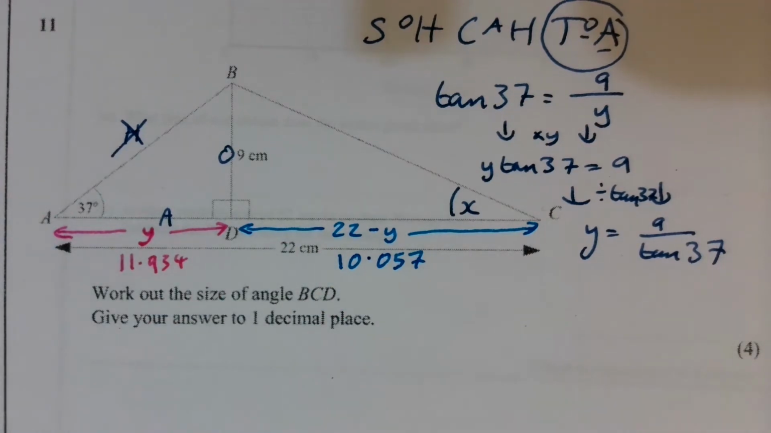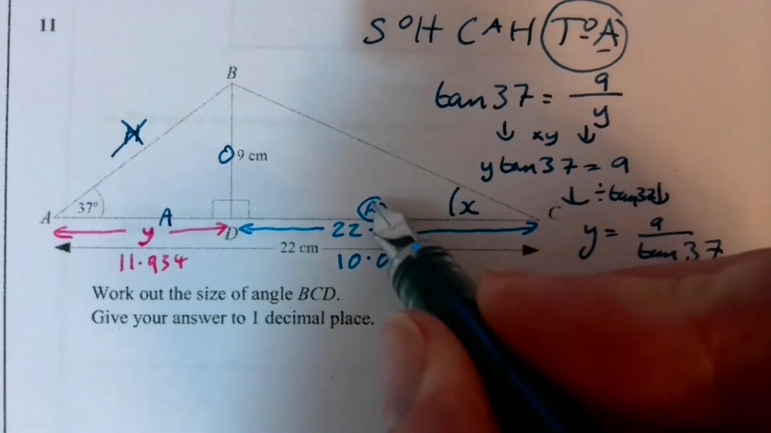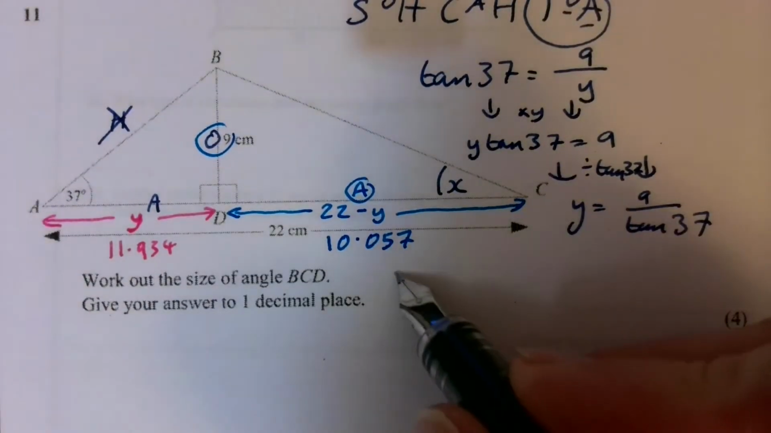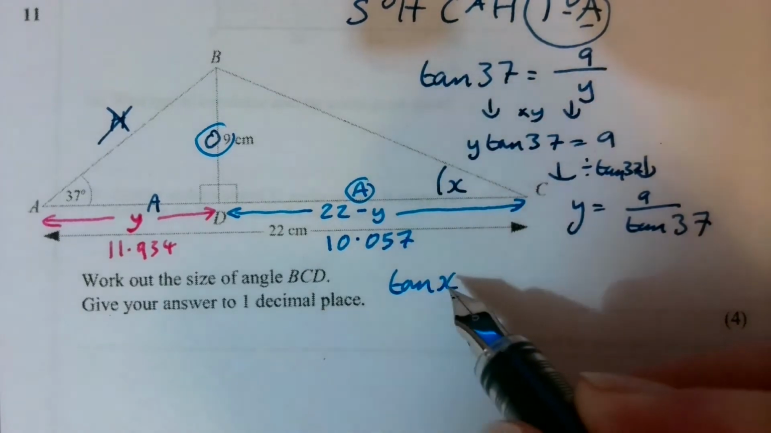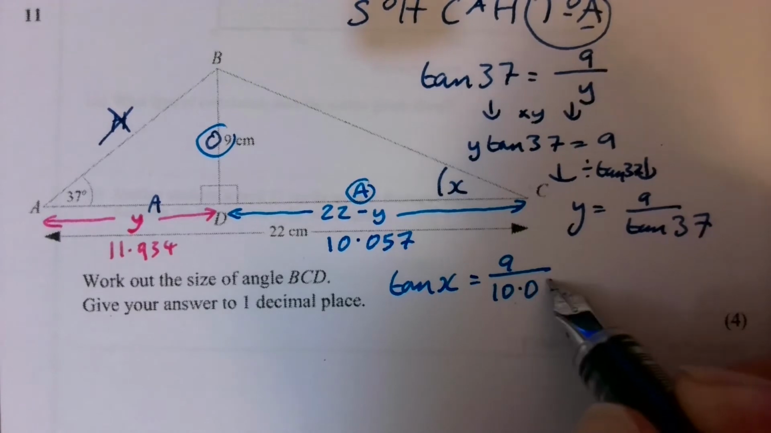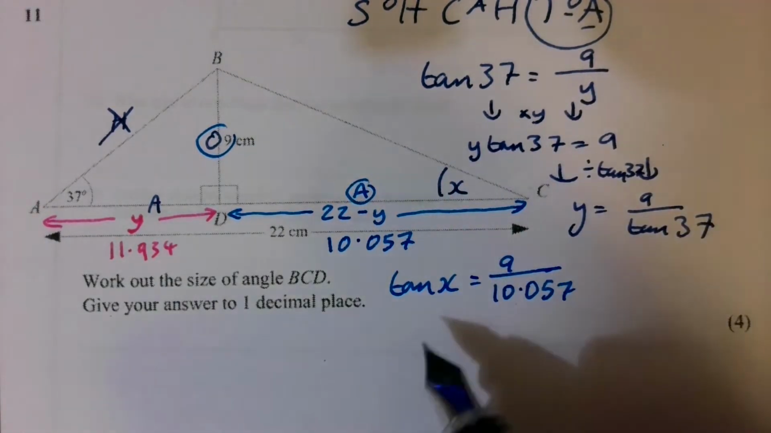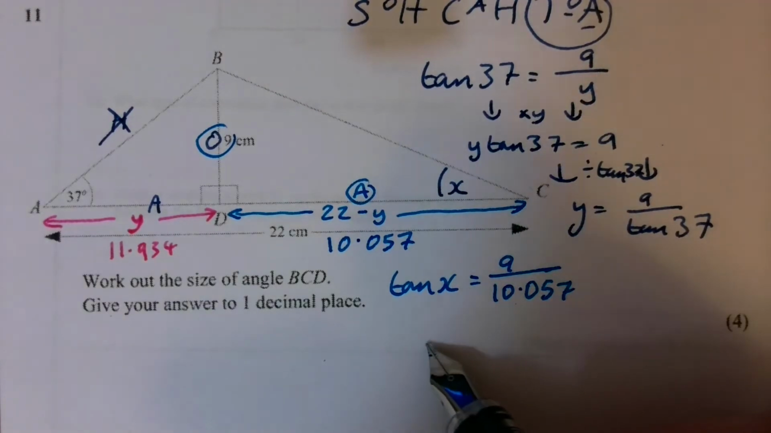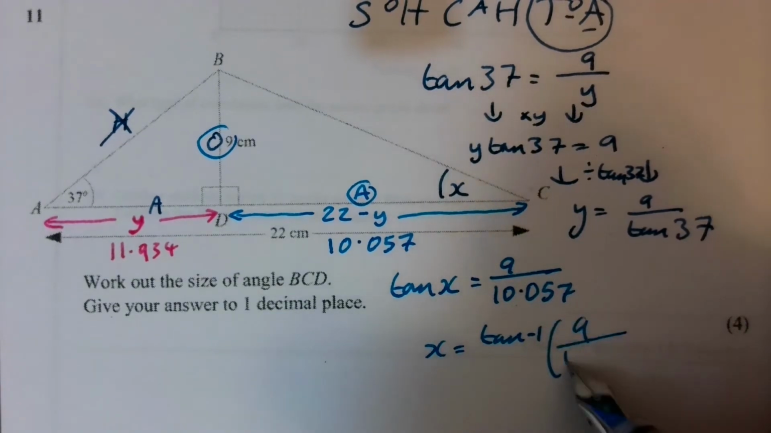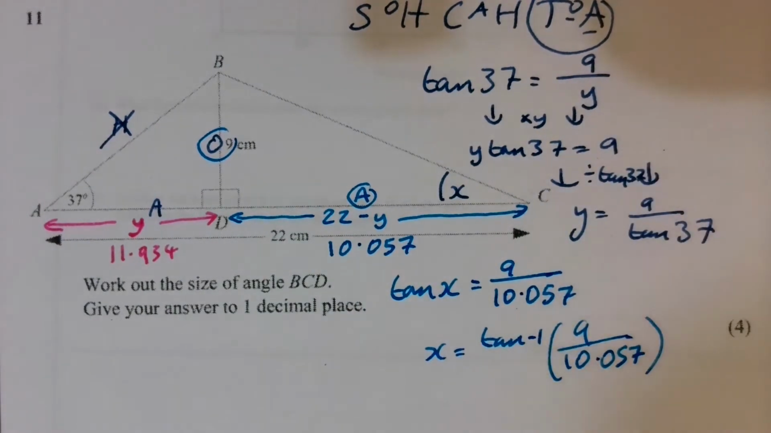And now we are looking at this being the adjacent to go with that opposite, and it's going to be tan x, the angle, is going to equal the opposite 9 over 10.057. And then to work out the angle, that's when you do the inverse of tan. So x is going to be tan minus 1, 9 over 10.057. Pop that into the calculator